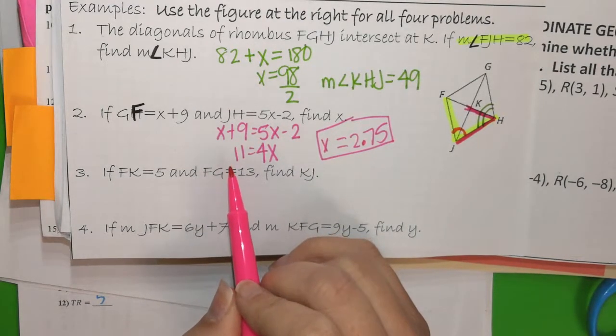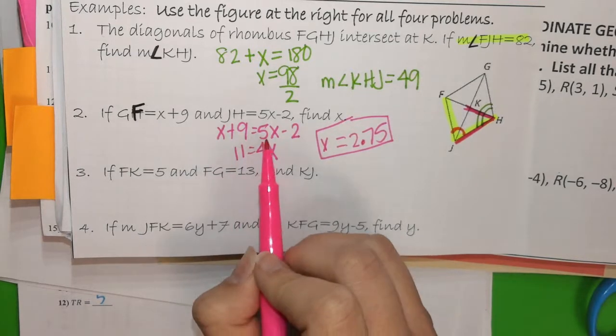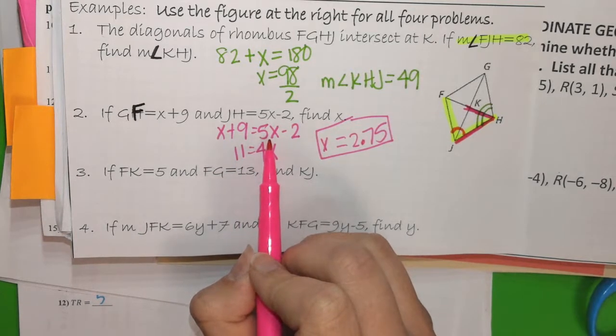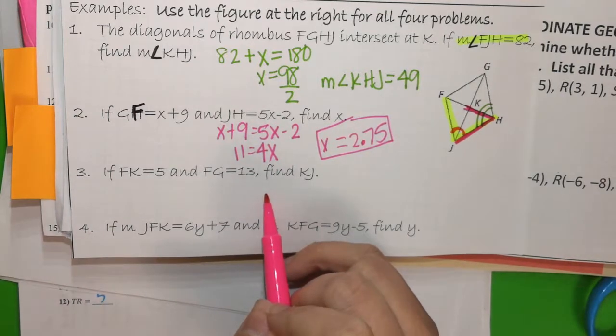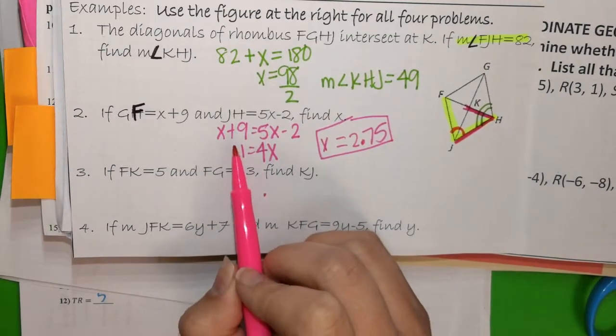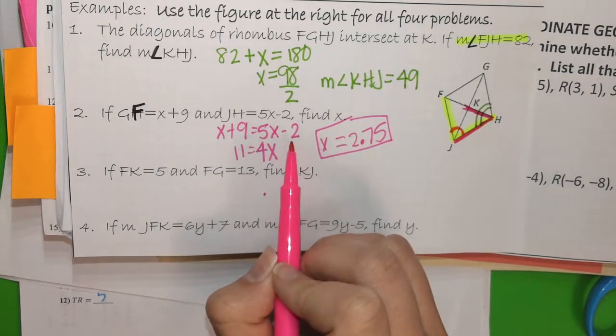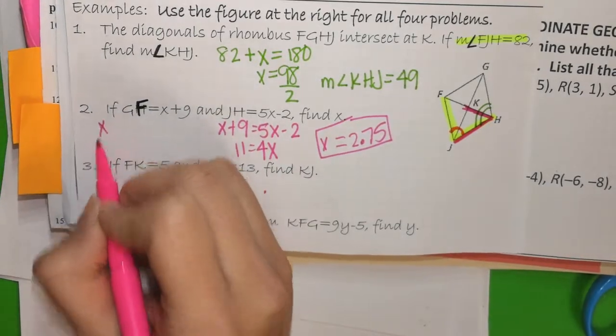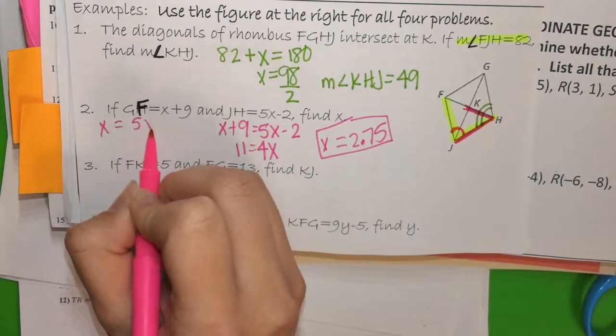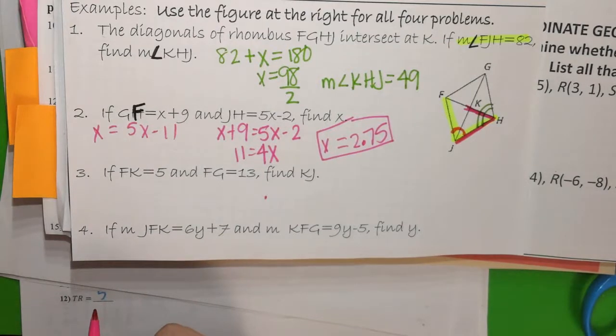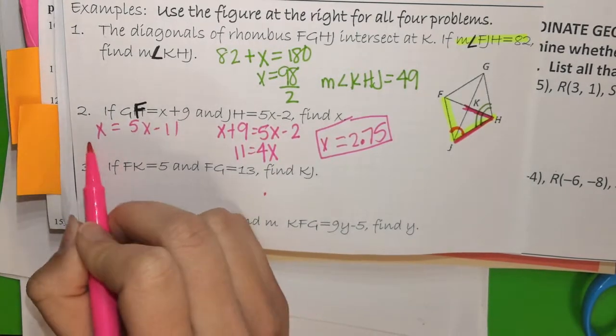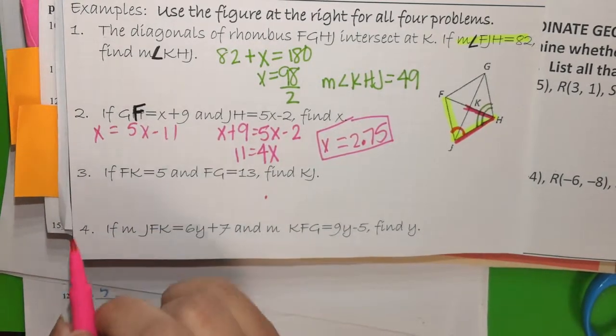Did you subtract x first? What'd you do first? Subtracted 9 first. You subtracted 9? Okay, that's okay. So if you subtracted 9, then you got x equals 5x minus 11, right? Alright, so then you need to move that 5x over here. How would